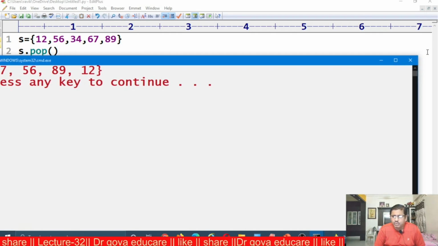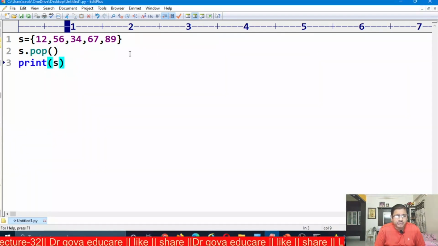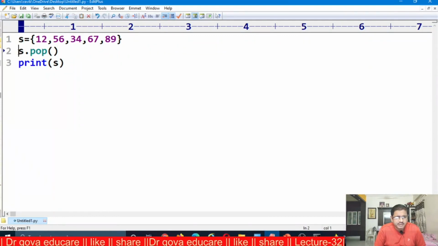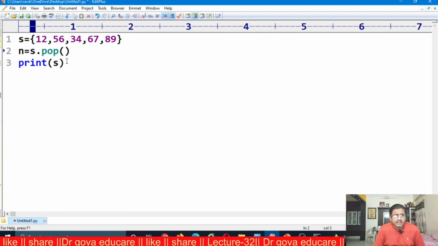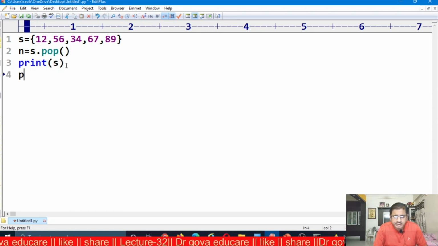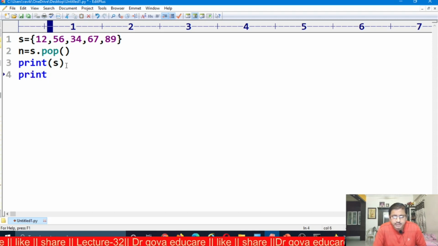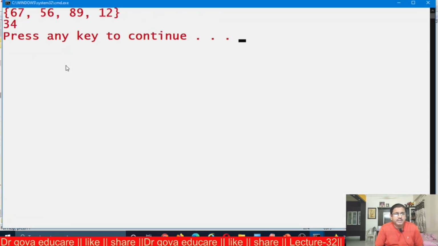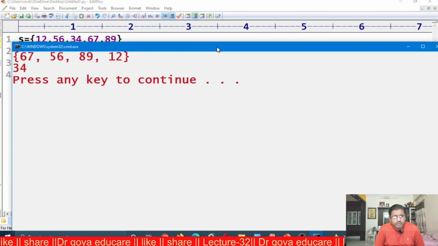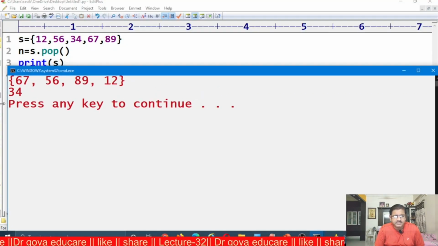I want to know which element is removed from the set. Now N is equal to S dot pop, print S. Again I want to print N also. Now observe here, I am executing this. Now the element 34 is removed from the set.